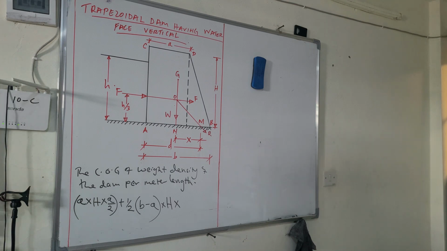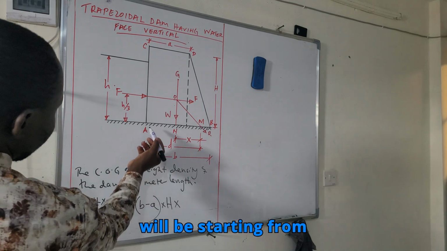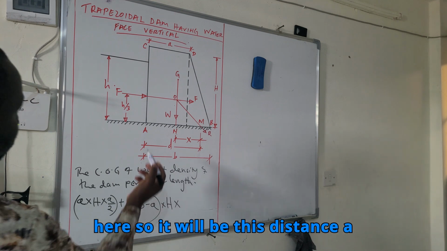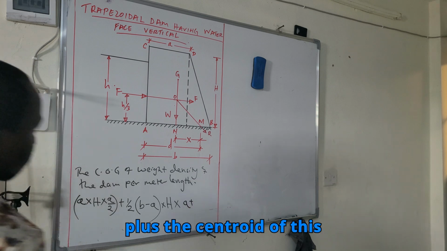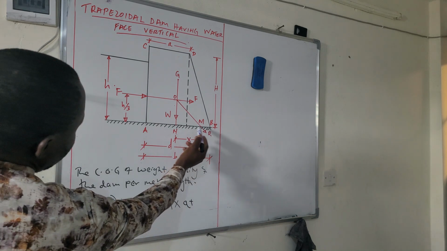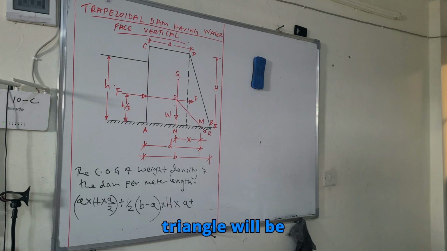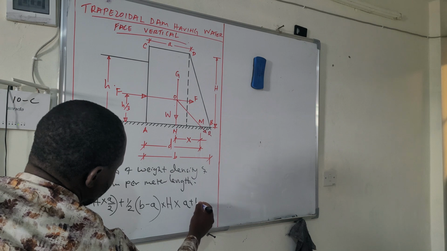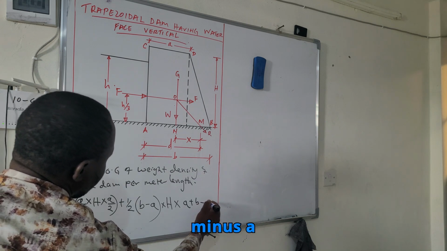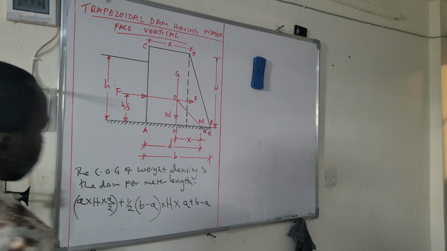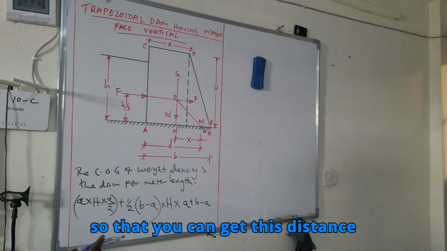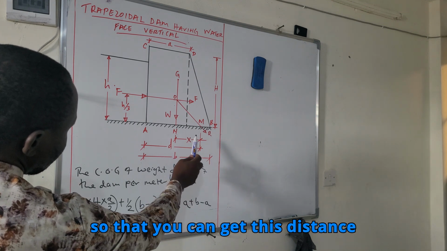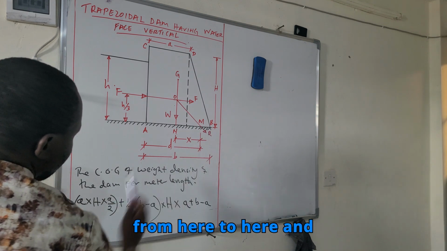The centroid will be starting from here, so it will be this distance A plus the centroid of this triangle, which will be B minus A, so that we can get this distance from here to here,